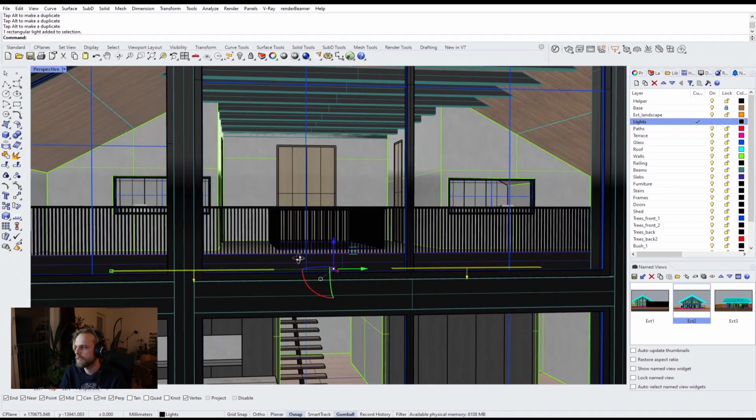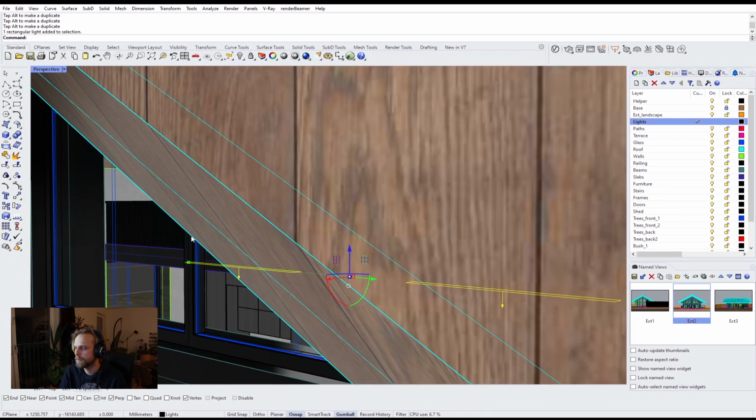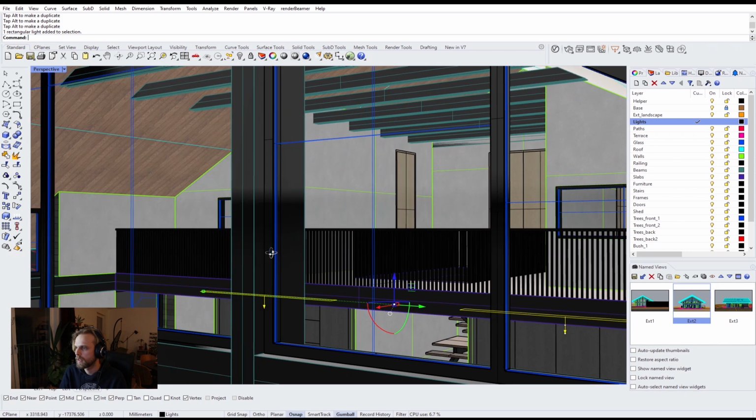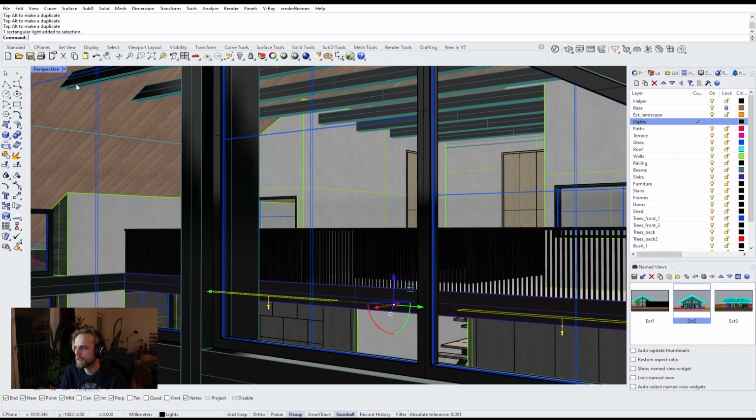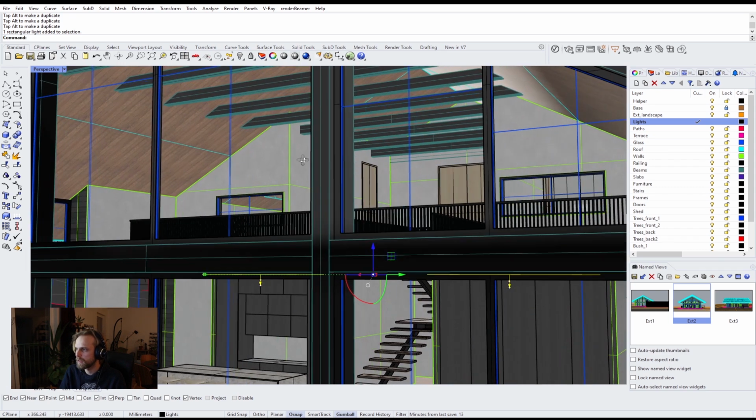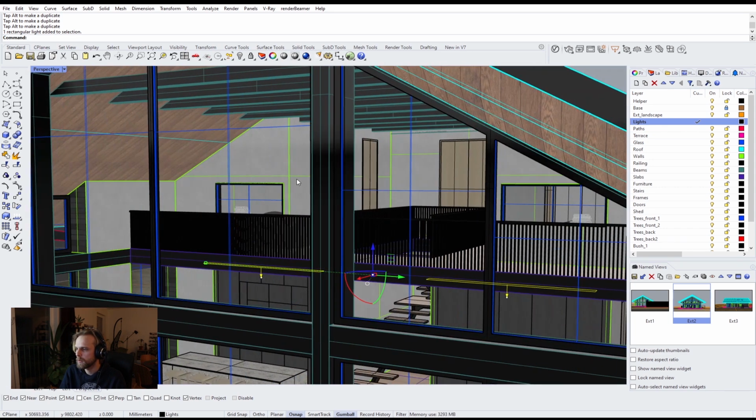So maybe what we could do, I'm just thinking right now, we could do LEDs here, but that would be a little bit weird. Or maybe not, maybe it wouldn't be weird. Okay, so what I'm going to do is I'll select